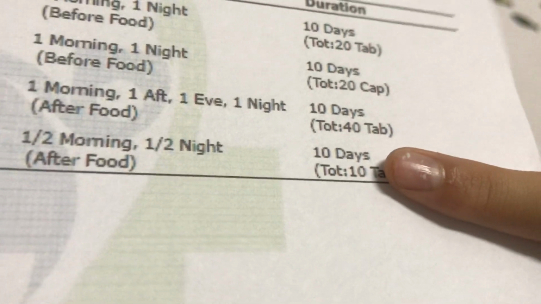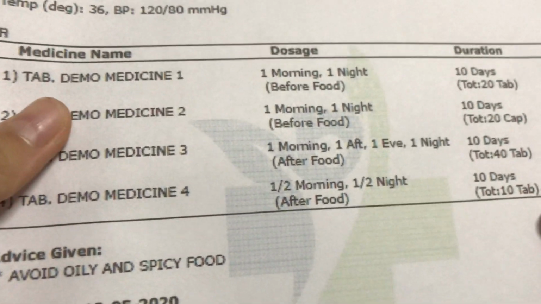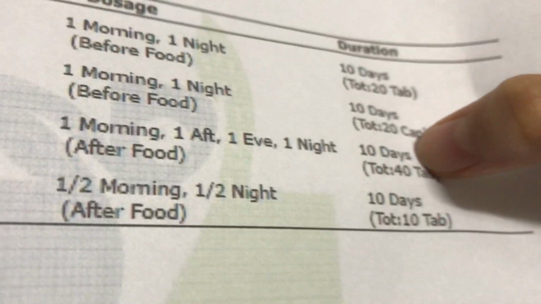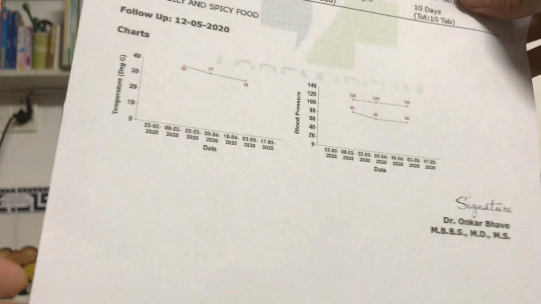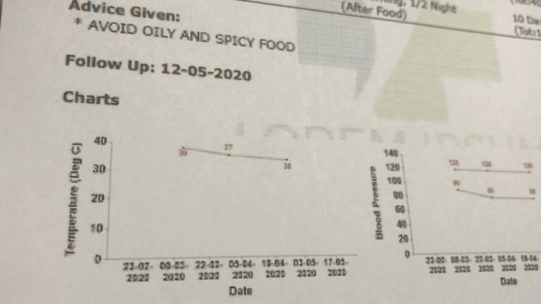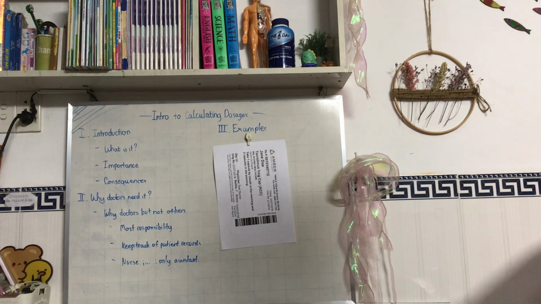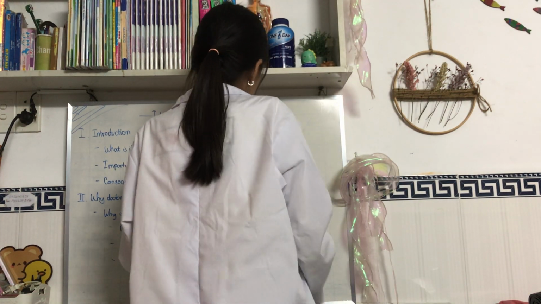For example, this one is 1/2 a morning, a half in a night. This particular tab, demo medicine 4, we will have 1 tab per day, or in this case we will have 4 tabs per day depending on the drug. And then we can have the charts too, and then the signature. That is one example. The second example is this much smaller one